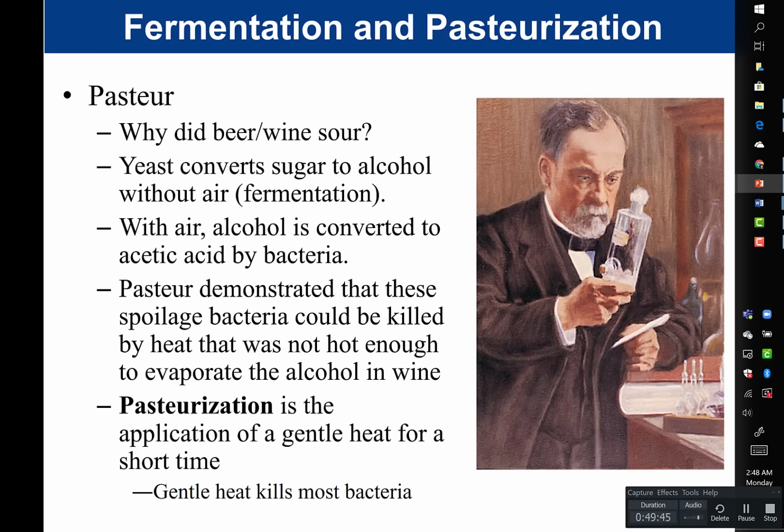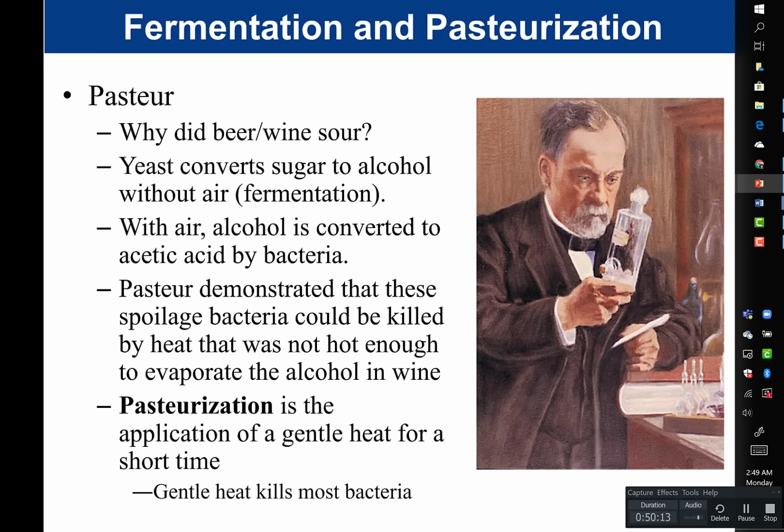Pasteur wanted to know, why did beer or wine sour? He wanted to know what made it go bad. Well, yeast converts sugar to alcohol without air. That process is referred to as fermentation. So if you grow yeast in anaerobic conditions, meaning without oxygen, they will do alcoholic fermentation and they will produce